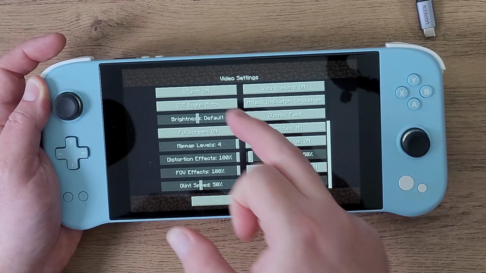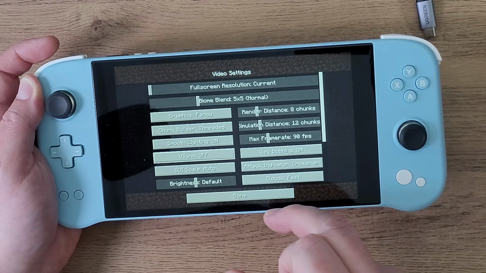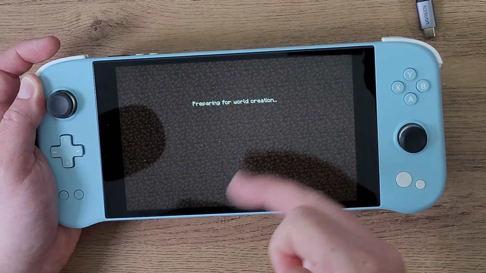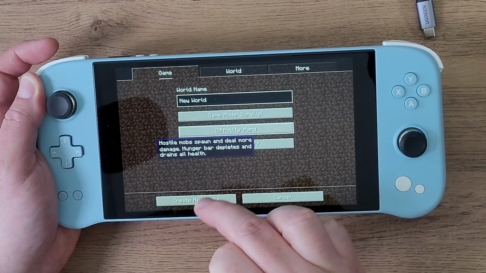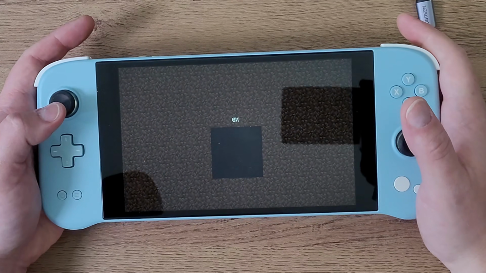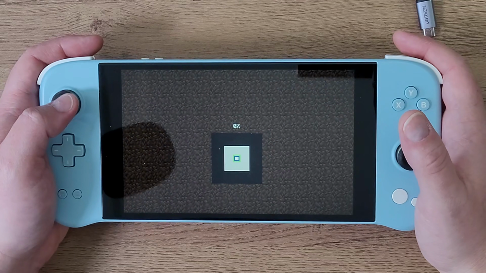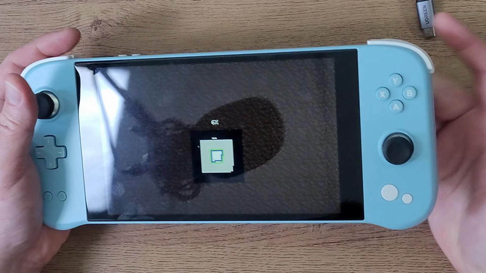I want to put this device into performance and see if I can get this thing running really well with some Sodium mods and stuff. But that's about it. Now you can click on play again, use the touchscreen and your controller at the same time, which is freaking awesome, and just play Minecraft Java Edition. Again, this device isn't the most performant device, so we're going to see how fast it renders everything in at the beginning and then just start playing, because yeah,